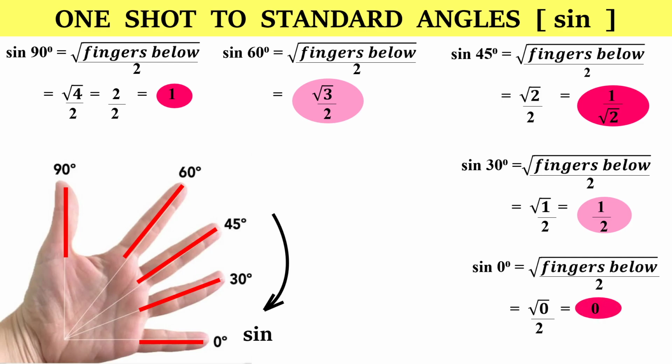So once again we have seen all the values of cos of standard angles, and now in front of you you have all the 5 values of standard angles for sine. Whenever you come across sine 90 degree, substitute 1. Whenever you see sine 60 degree, replace it by root 3 by 2. When you see sine 45, instead of sine 45, write its value as 1 upon root 2. Sine 30 is half, and sine 0 degree is 0.